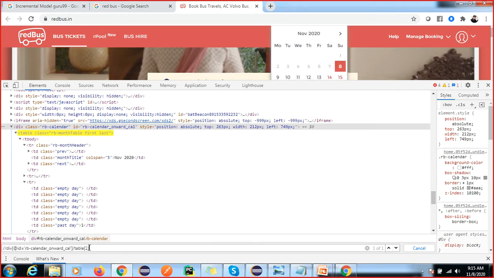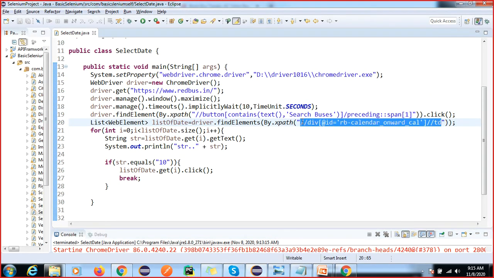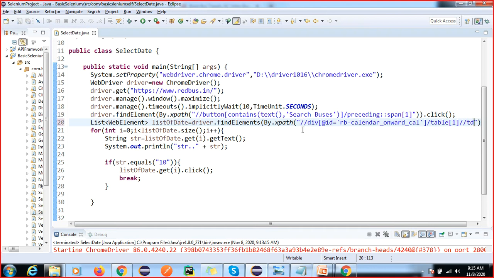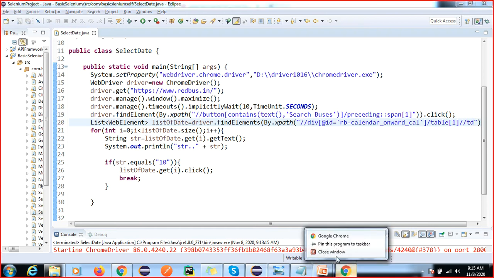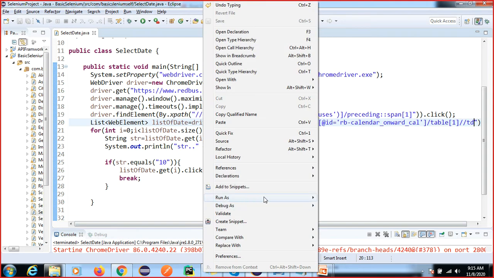Actually it did not capture the table. Now it captured the table td. Okay, so let me try with this XPath. Close this, then we'll see.